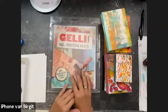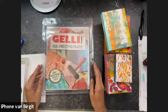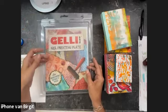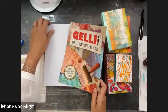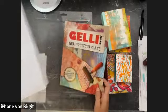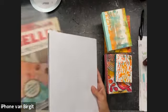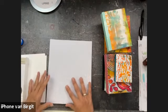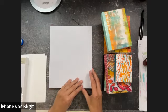So yeah, let's turn the camera around and start this class. So today I will be working on the 8x10 gel printing plate, and I'm going to take it out of the packaging. You will see that my plate is stored between two sheets of copier paper in the original case that it came in. So when you buy your jelly plate, it will be between two acetate sheets, and once you've removed